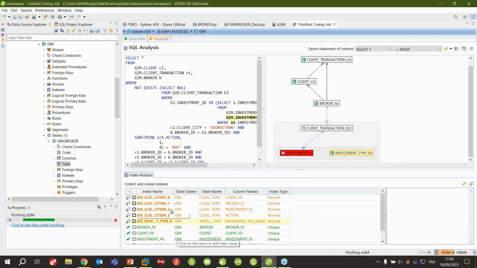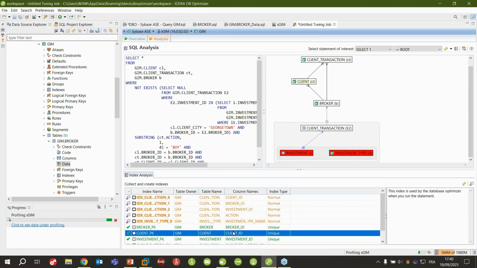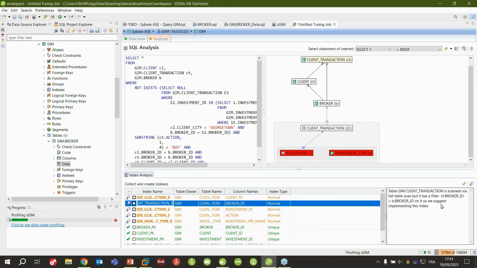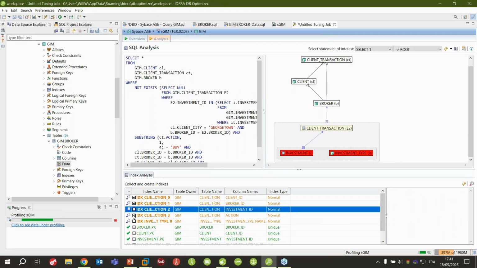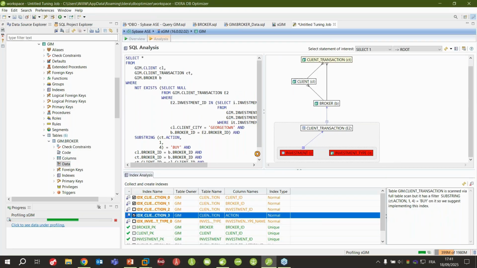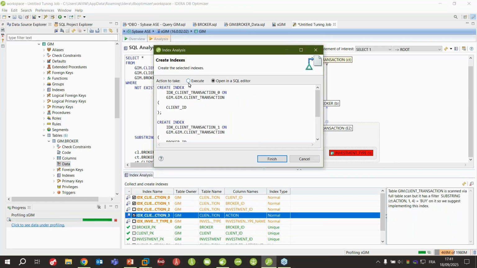Then we can see at the bottom that it analyzes all the different indexes that have been used to run your query. These indexes have been used to optimize the time spent to execute the query. But I also have some other specific indexes that it will suggest to implement to have even better results. From here, you can always check the ones you are interested in. You select them, and then you can automatically generate your script. You can run it to create your indexes, and it will automatically update your database, or you can open it